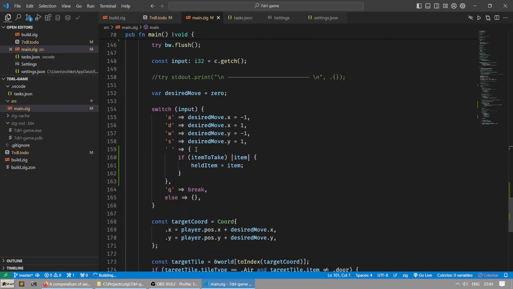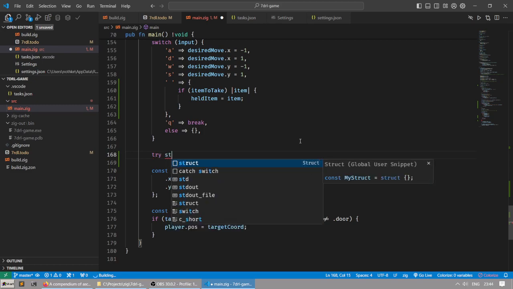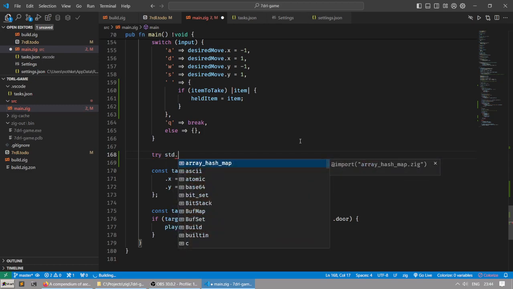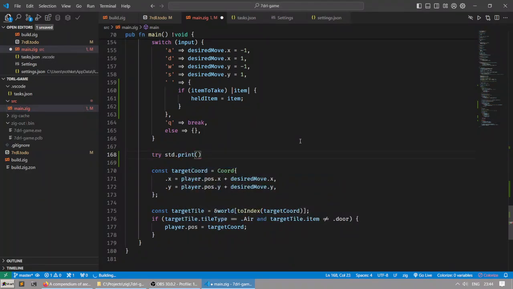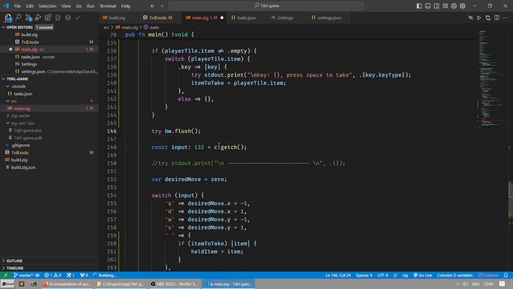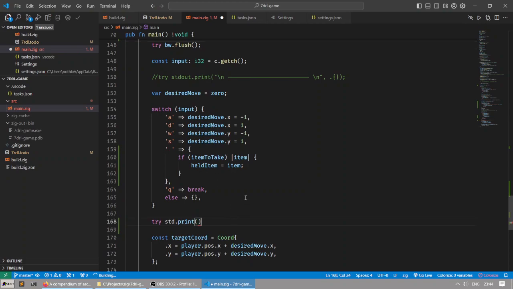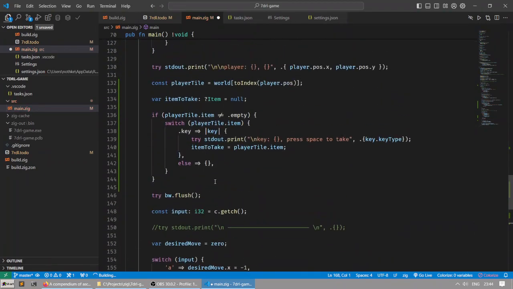Okay, so yes, item to take becomes held item, but we have to also talk about this. So we have to print. There is a flush here happening. Input. We do the input. Okay, so we have to do that after, yeah, not after this input, but I'm gonna